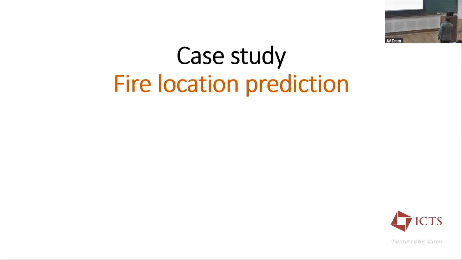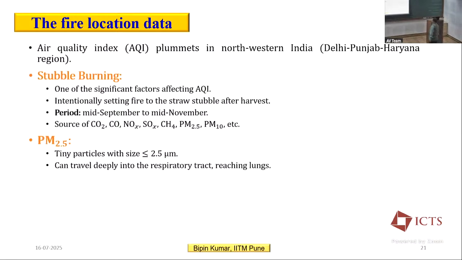Now I'm telling what happens when you just take the data and make the model without thinking about many other things which I discussed. So this is a case study, a published work. We wanted to use fire location data. It came from one particular source, satellite-based data converted into gridded data by the NCAR people. Our target is to forecast PM 2.5, with fire location as an indicator, like stubble burning or some other way.